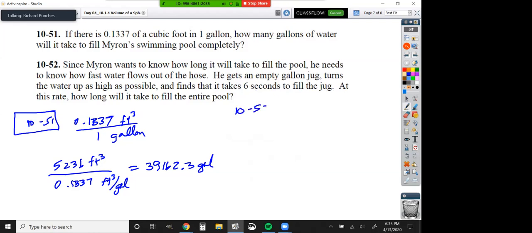So for 1052, he knows that it's going to be 6 seconds per gallon. So we have this many gallons. If we take 39,162.3 and multiply that by 6 seconds for every one of those gallons,